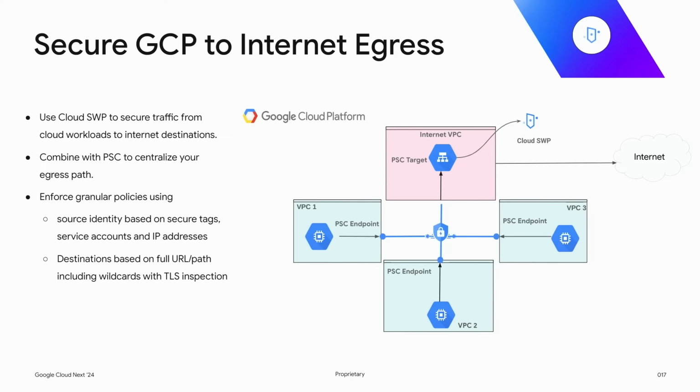Second, what it also provides you is that granular security control can now be used to make sure that only authorized connections are taking place. Now, what do I mean by granularity? It can be at a source level, where you can use service identity, secure tags or IP addresses. The policies, at the destination level, can have full URL paths, wildcard URLs, host names, and the policy can also leverage any request header or request method. So you can get really, really granular and bring zero trust implementations into your security policy to make sure there is no unauthorized access.